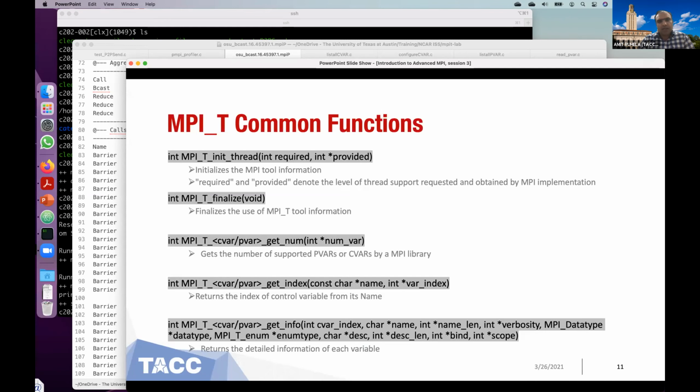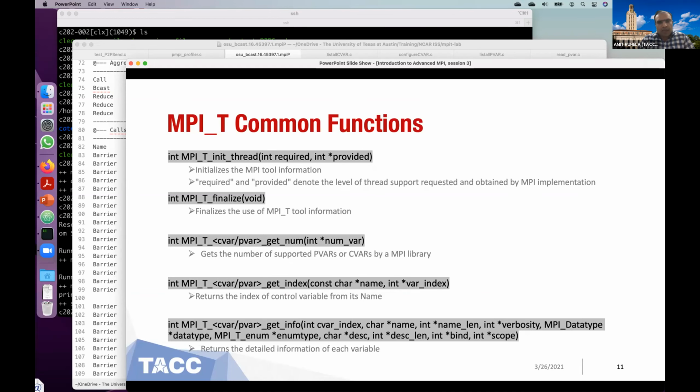What it means is, if you have threads, how the threads are going to call the MPI functions: whether a single thread is calling the MPI functions or anyone can call them, and if anyone can call, whether they are serialized or can call independently. The provided argument gives you what kind of thread support the MPI library provides to you.